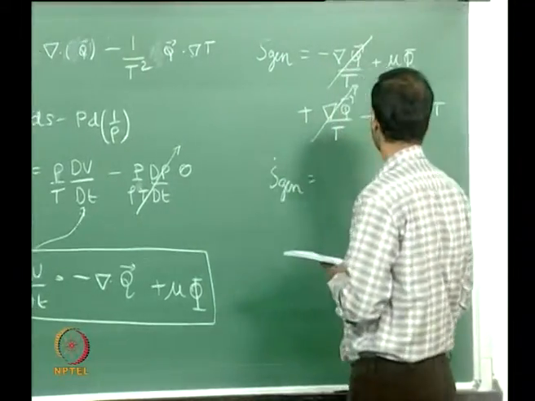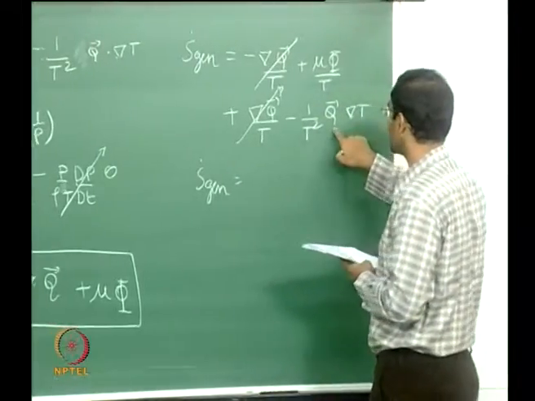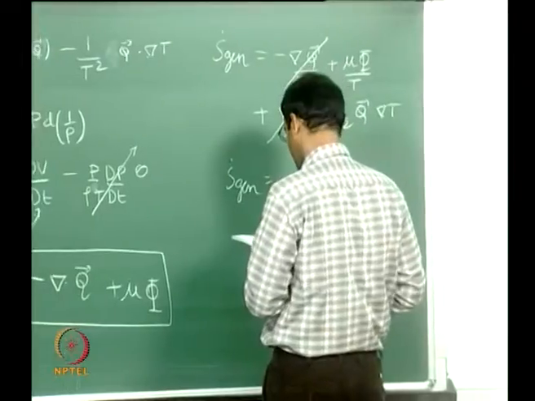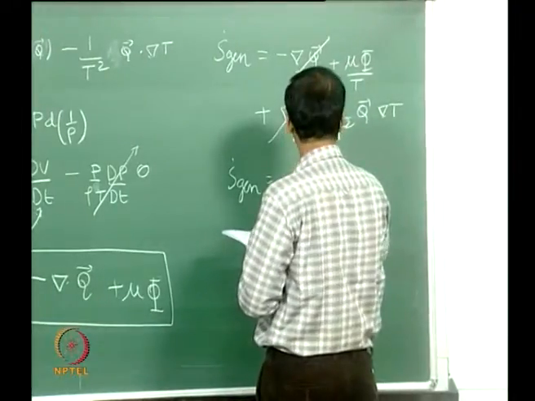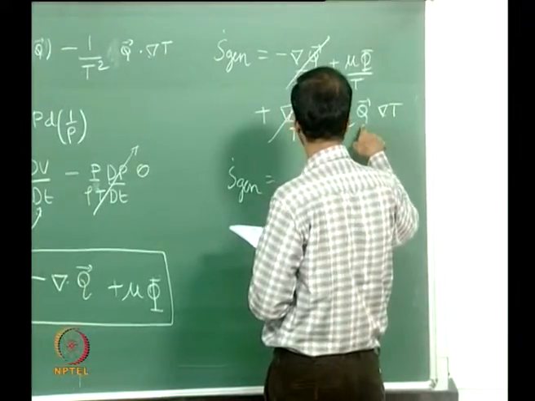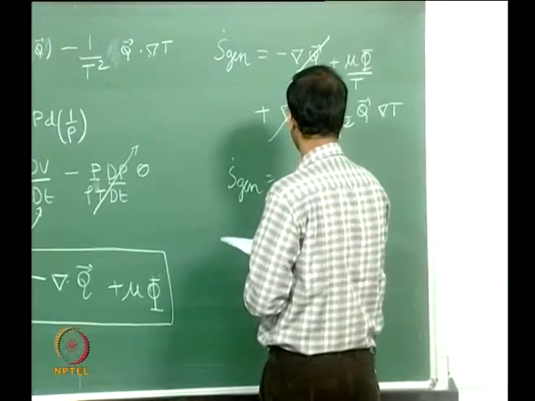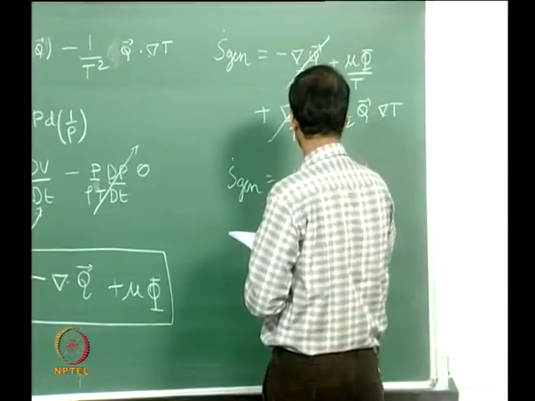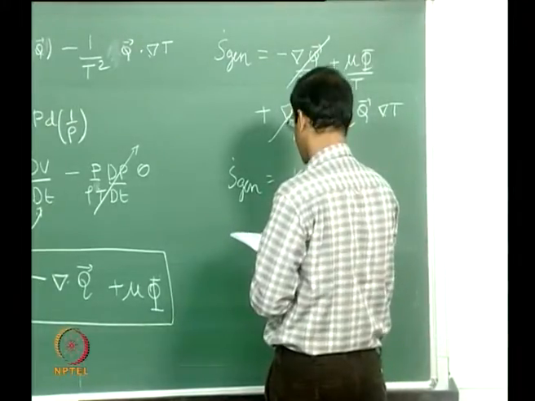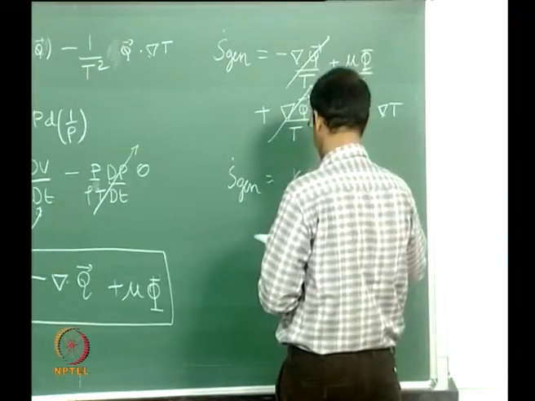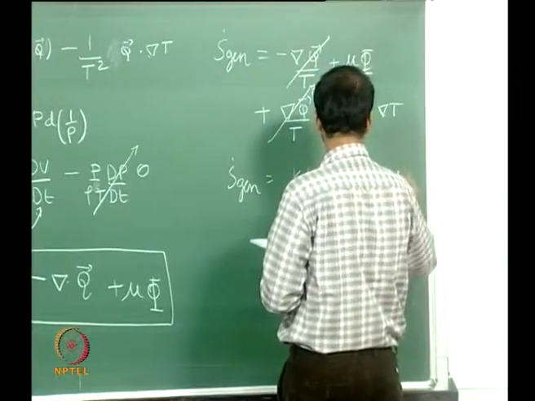So these two terms cancel off, so therefore your final expression for s dot gen turns out to be, if you can also now substitute the Fourier's law for q as k delta t and express this as minus, okay. So this is minus of q dot which is again minus k delta t, so that will become k delta t square divided by t square, okay, plus mu by t phi,